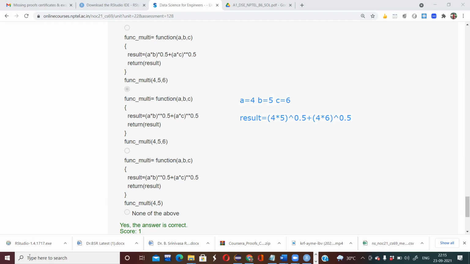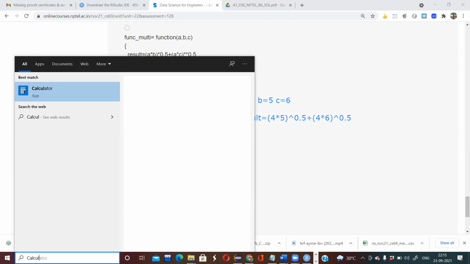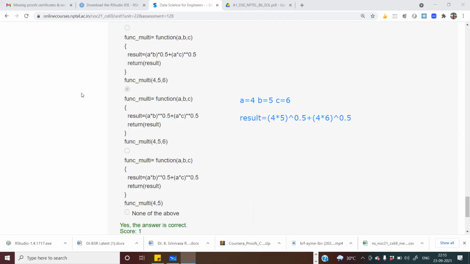So let's use the calculator here. In the external exam also, if they give this question, you have to do the same way, like how I'm doing.